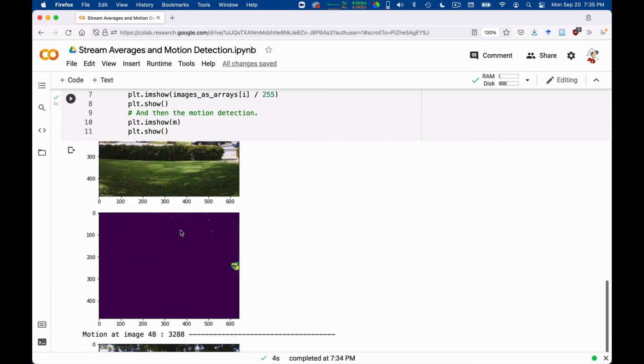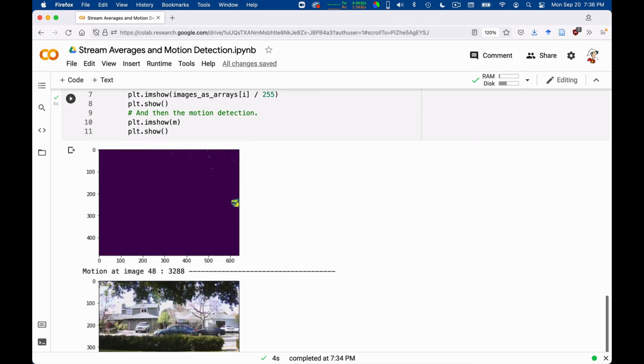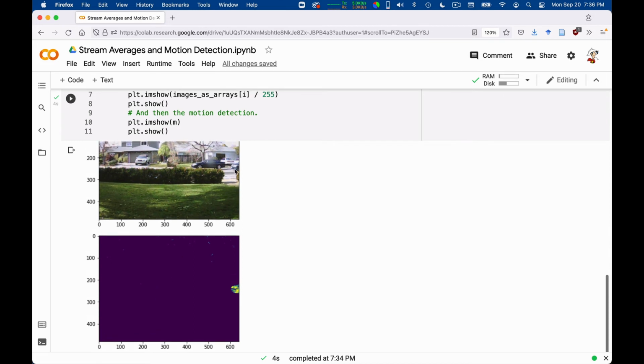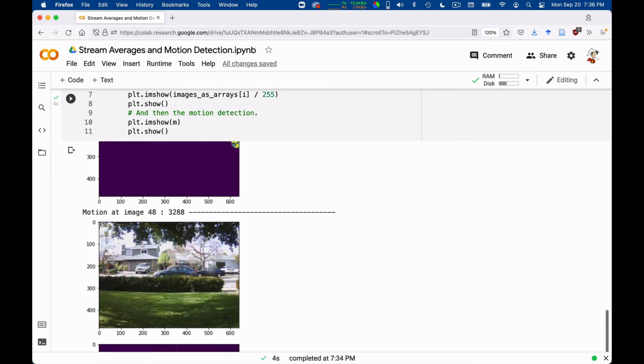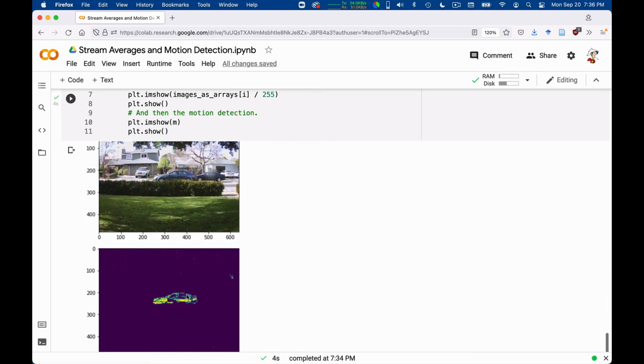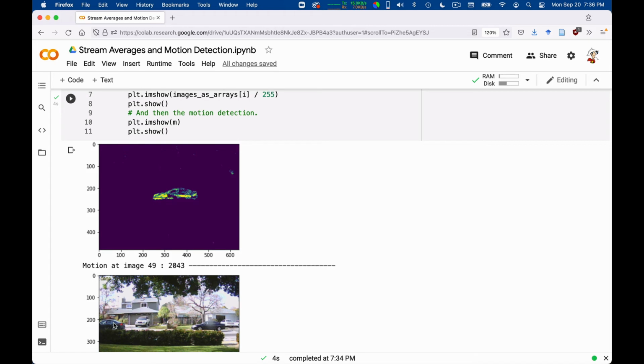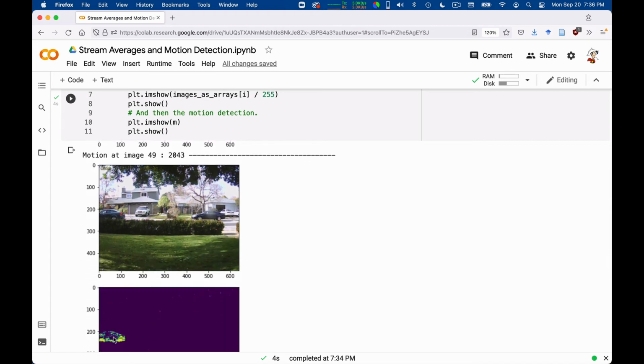And the next motion detection is going to be at time 48, in which this car that nosed into the picture actually is here, smack in the center. Okay, and so the detected motion is right here.